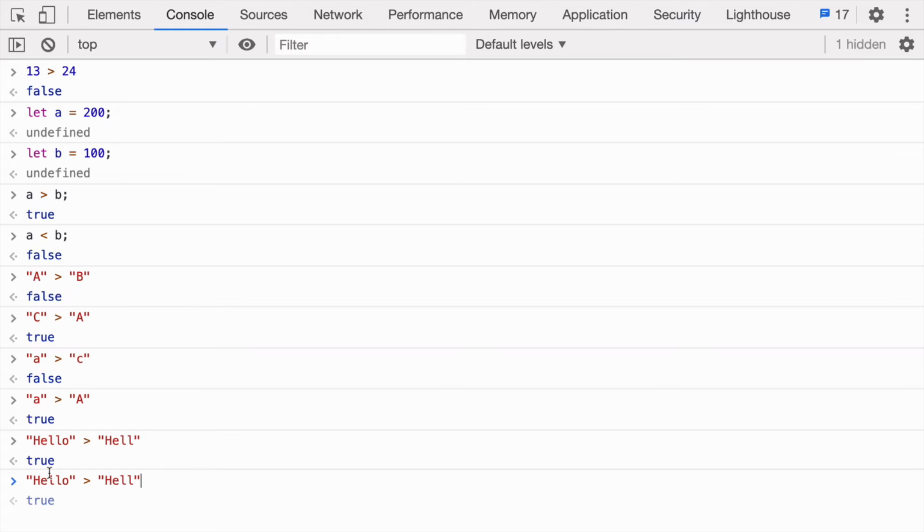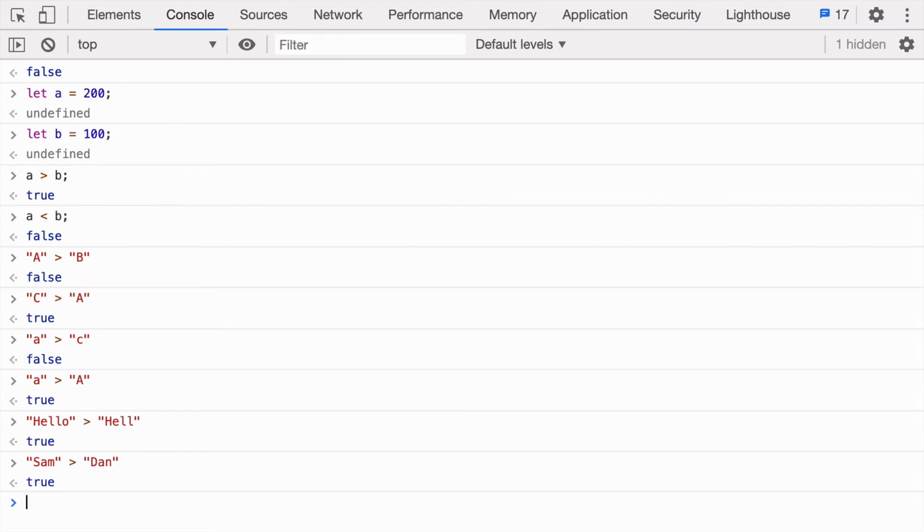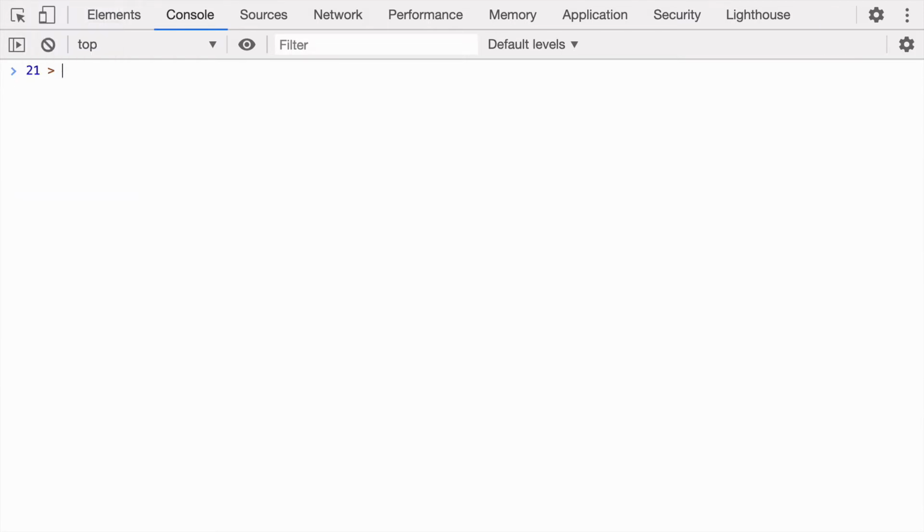Similarly, if we do something like Sam is greater than Dan, what happens here? The first letter comparison will happen. That is, capital S is greater than capital D, and that is true, so it will return true. You can also do comparison with 21 greater than 21. That is false, obviously. But what if greater than or equal to?